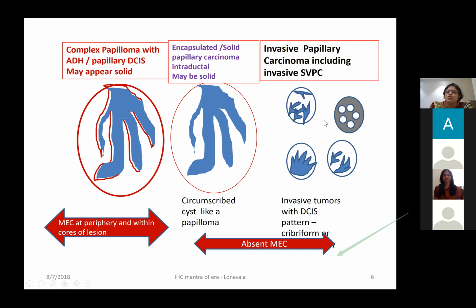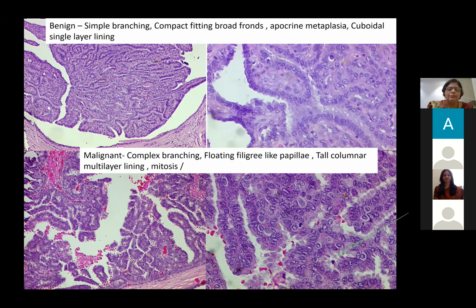So essentially, they're destroying the stroma, they're invading, but they have this papillary pattern, sometimes the papillae fuse and form a cribriform pattern. So myoepithelial cells seen, always papilloma, not seen could be different variants of papillary carcinoma. How do we distinguish between benign and malignant lesions?